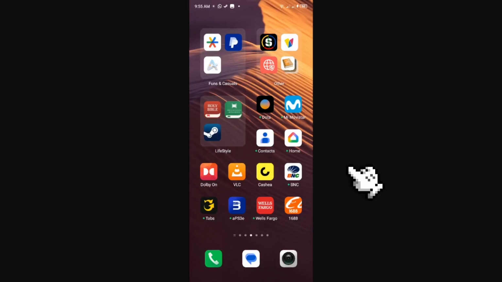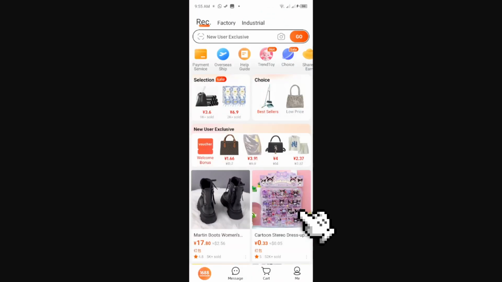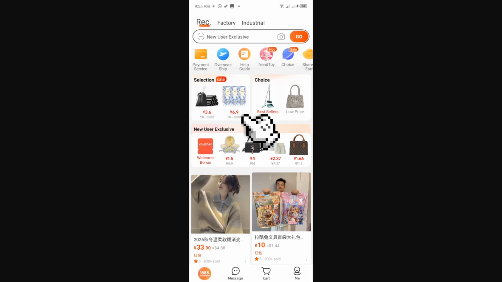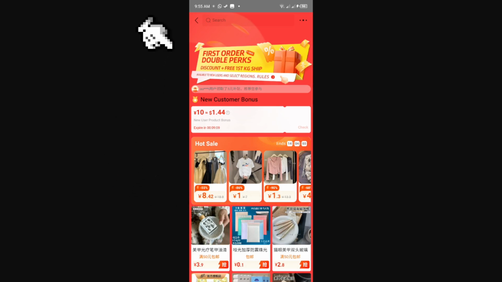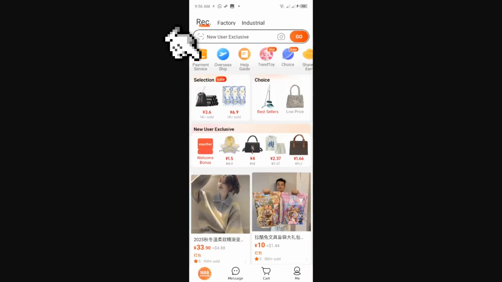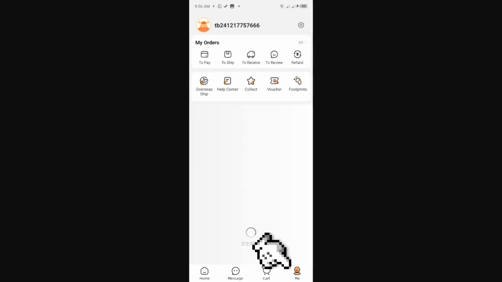Hello guys, today we're gonna see how to translate the 1688 app to English. This is really simple. We're gonna click right here on the app. Once we click the app, we're gonna find this icon right here. Well, first we're gonna skip this, and then we're gonna click right here on this button called Me, and